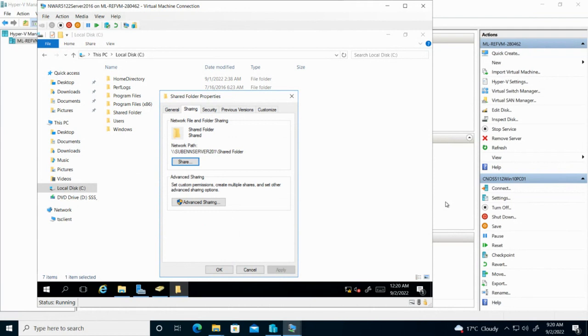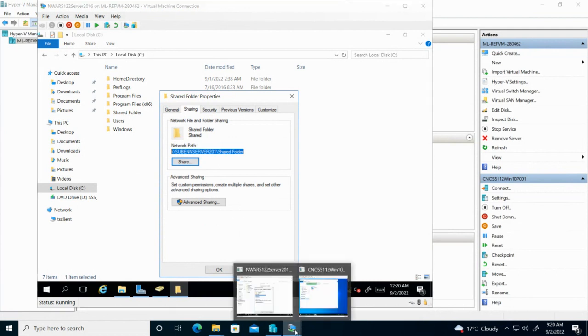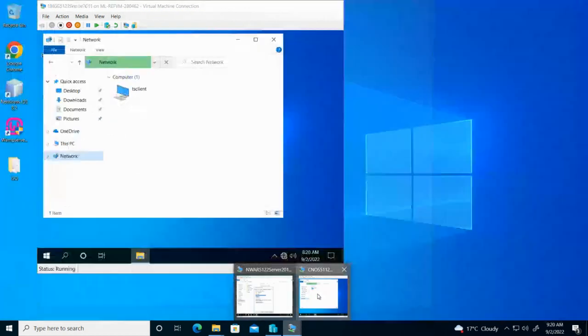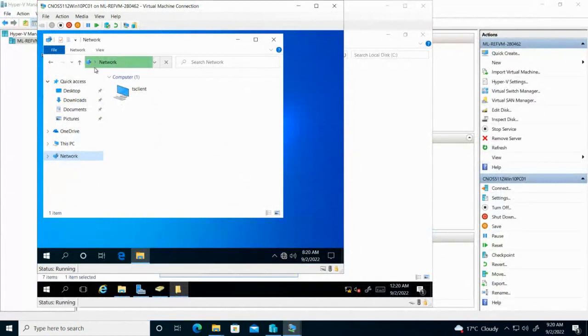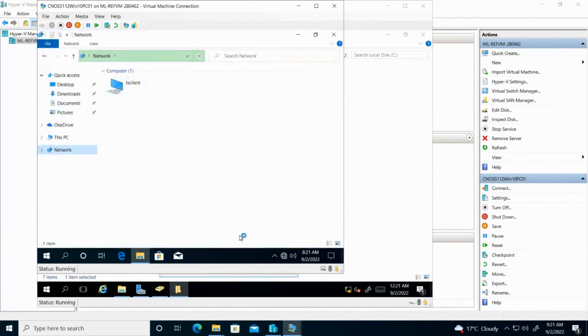Server 201 shared folder. Or I can just copy this. I want to see from my client if I can access it now. So from the client, I can go to the network path here and type in that location. And there you go. You can see I can connect to the server from the client and I can access